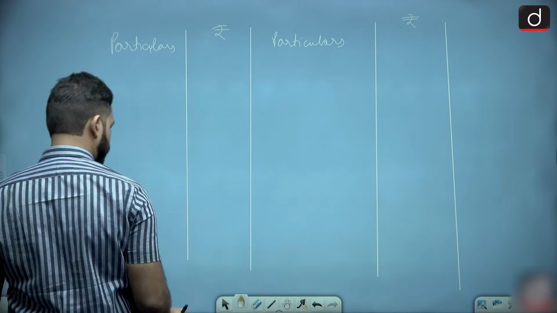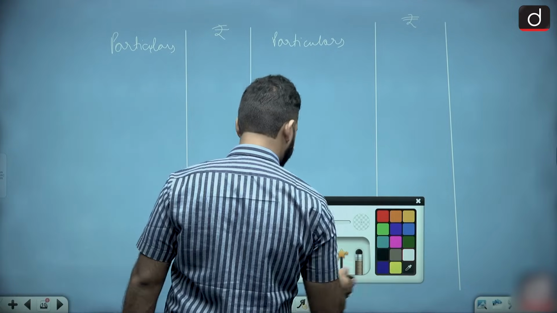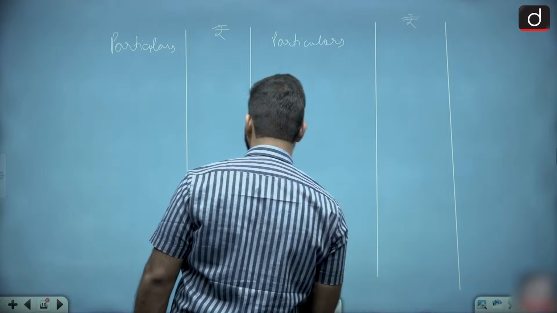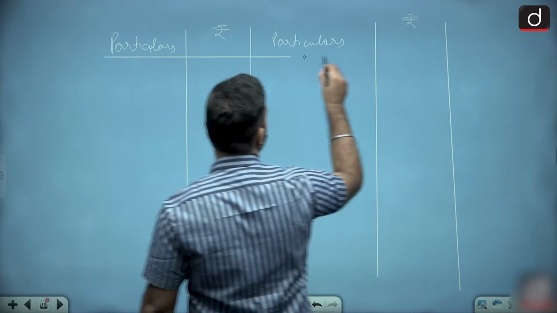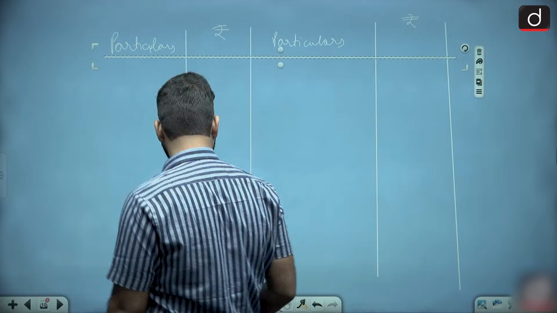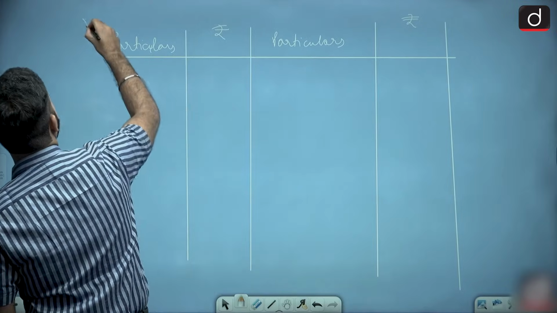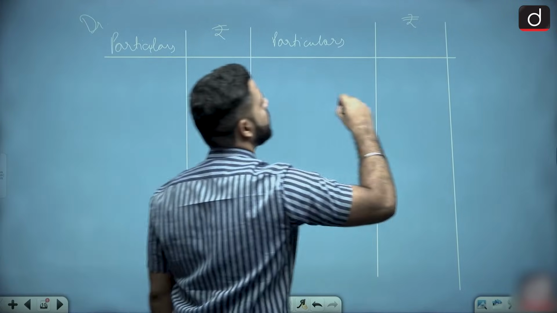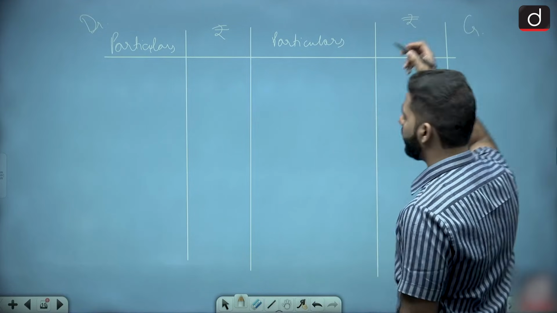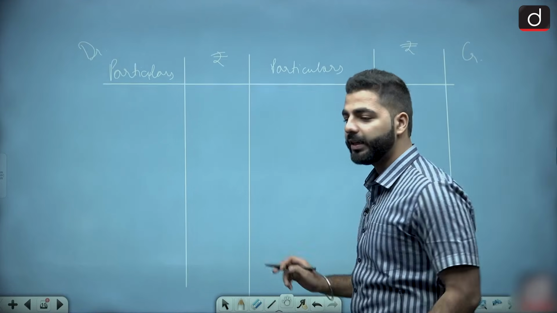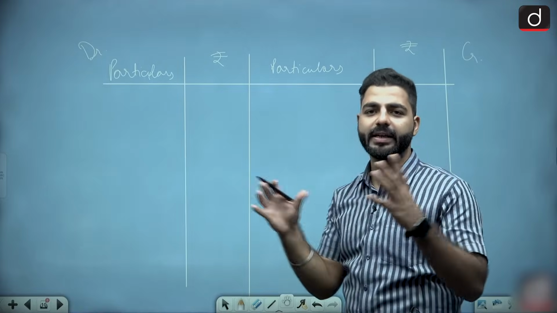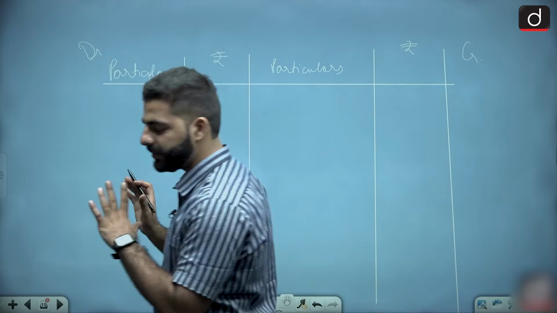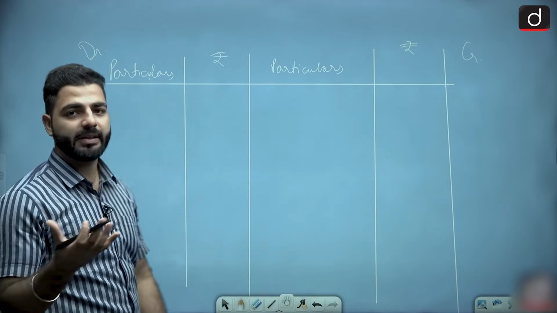And so this is your account, this is debit, this is credit, and on the top of it, you know what to write: profit and loss appropriation account for the year ended. Whatever year is mentioned in this question, the year is not mentioned, so we don't have to